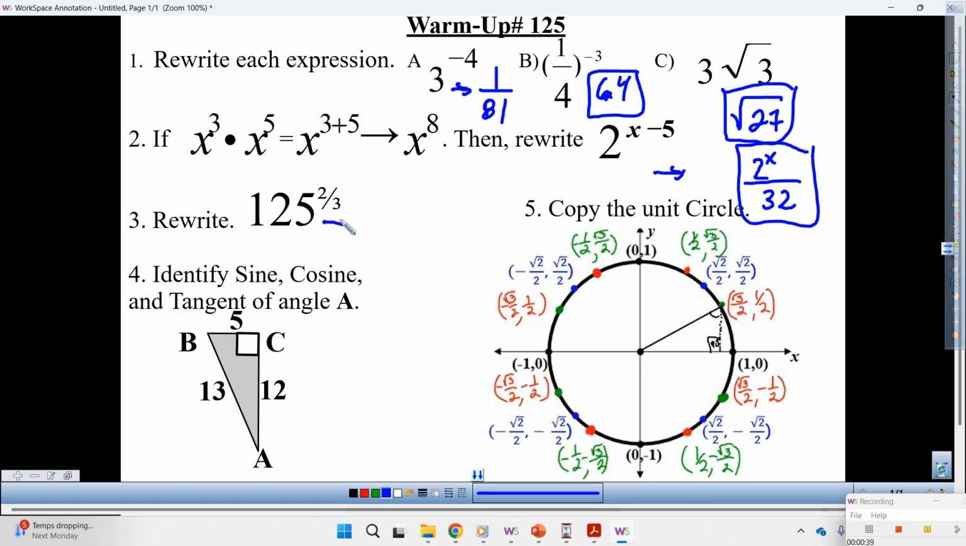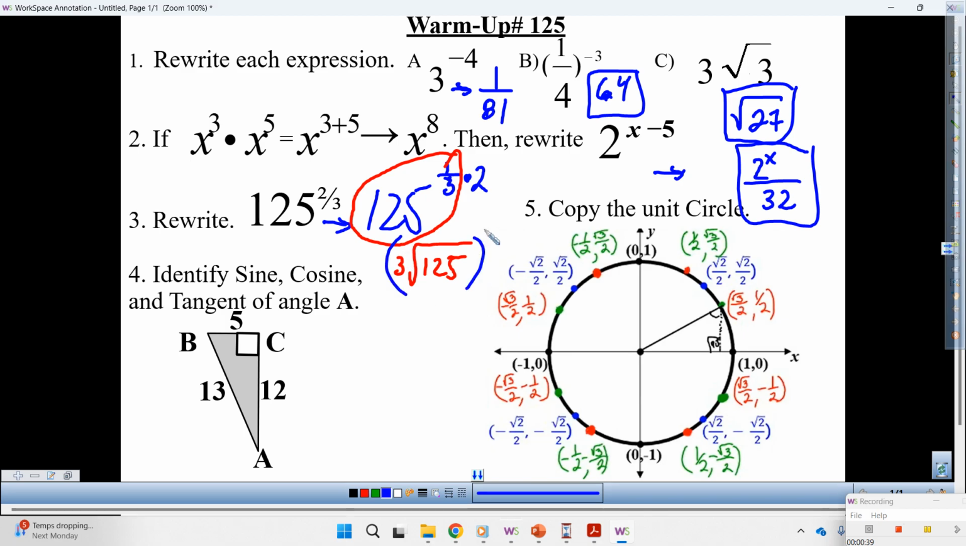Number 3, I'm just going to go through this one more time to make sure we got it. 125 to the 1/3 power times 2 power. 1/3 power is a cube root of 125. Then you bring the power of 2 down. So the question is, what number times itself 3 times give us 125? That number is 5. Bring down the power of 2. So 5 squared is